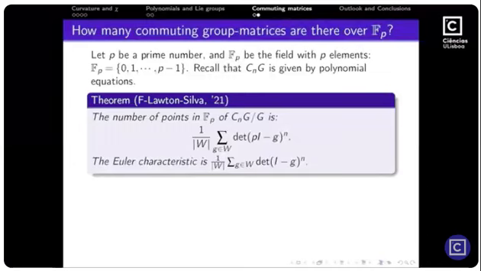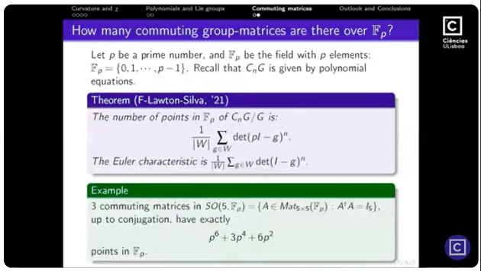And this is a very exclusive formula. It only involves the Weyl group, which I cannot explain, but it's also a symmetry associated to the Lie group, and the determinant, so this is the characteristic polynomial of the action of every element in the Weyl group. And the other characteristic has a very similar expression. For example, I can just evaluate this determinant and, for example, consider 3 commuting matrices in SO(5). It will be this number, a finite number of points in a finite group.